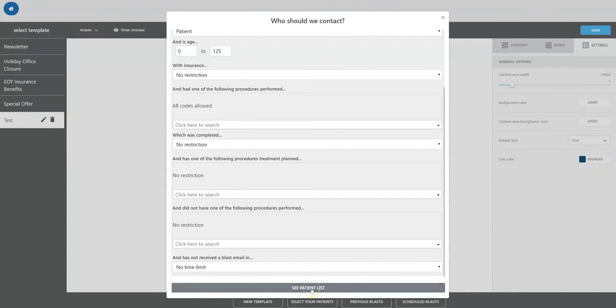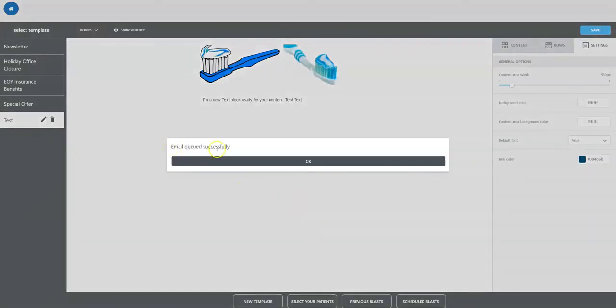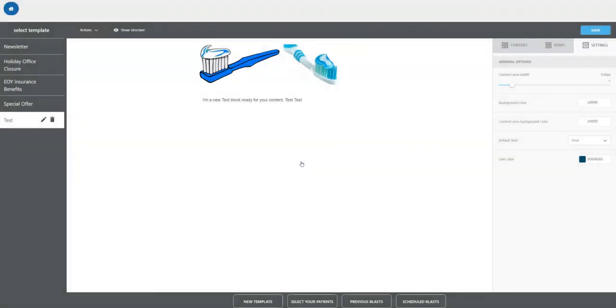So if we hit See Patient List, you'll see that with my Open Dental, I only have 6 patients in my database that are listed here. All you need to do now to send the blast out is name your subject line. For this, we'll say test, and we'll hit send email now. You'll notice you get an email queued successfully prompt, and you have now successfully sent out your first FlexBlast to